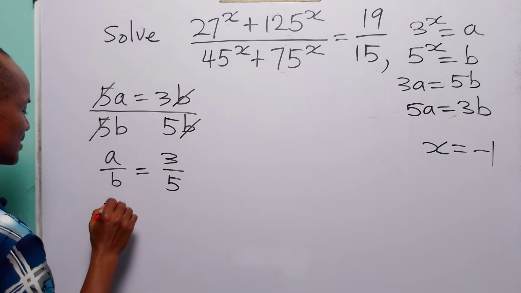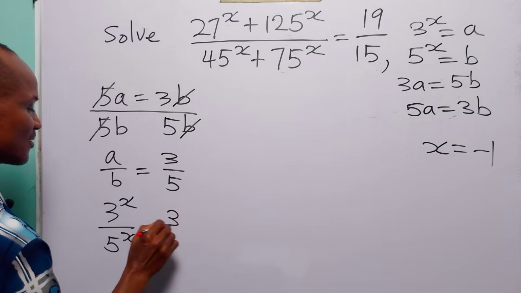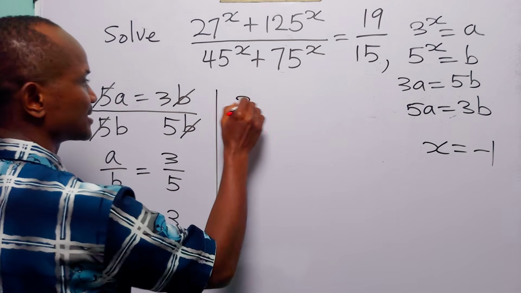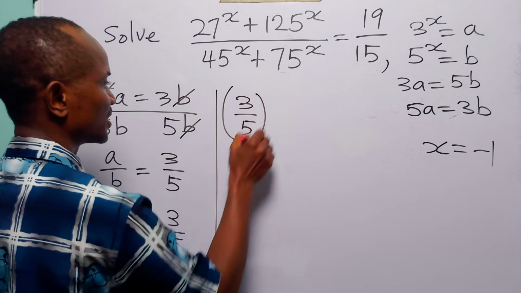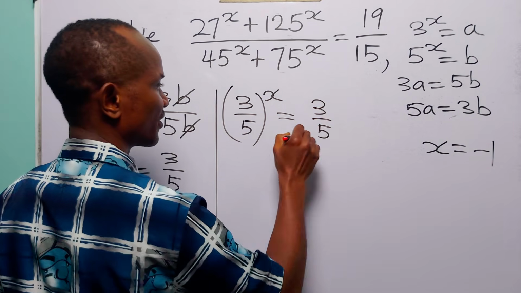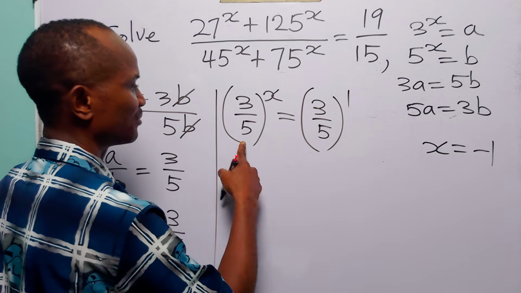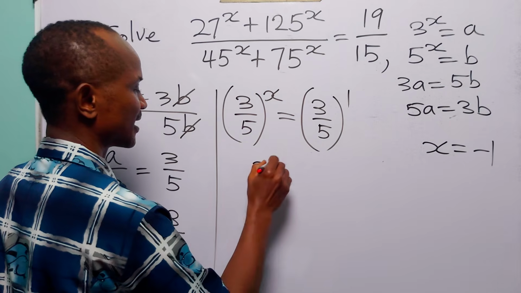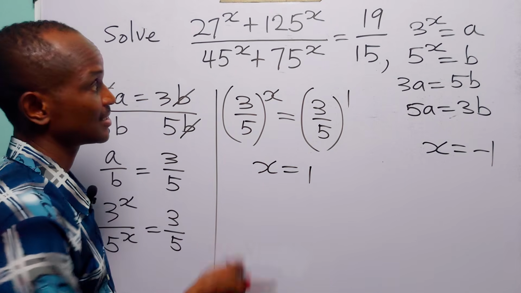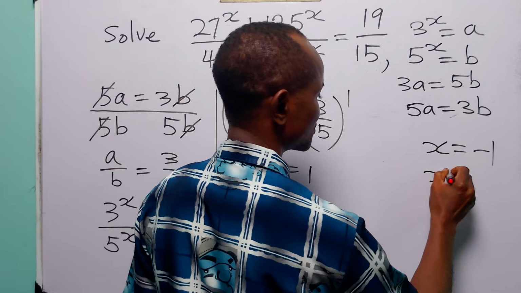Now, a is 3 to the power x, while b is 5 to the power x. This is equal to 3 over 5. We can combine this as 3 over 5 to the power x, and this is equal to 3 over 5 to the power 1. Once more, when we compare both sides of this equation, we have that x is equal to 1. So the two values of x that satisfy this exponential equation are x equal to minus 1 and